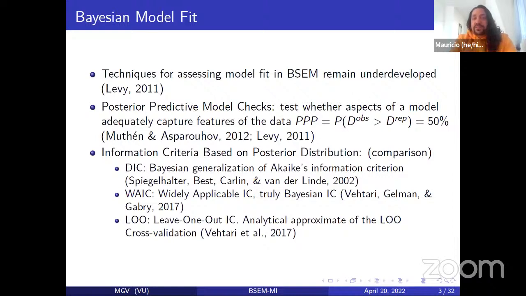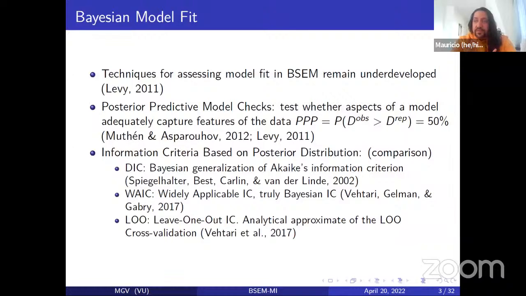In general, a lot of Bayesian SEM model fit has been underdeveloped. We are working on it. We are trying to move ahead, but as I said, we are running against decades of research in frequentist SEM, so we're trying to catch up on this. The more general metric, purely from Bayesian methods, is the posterior predictive model checks,